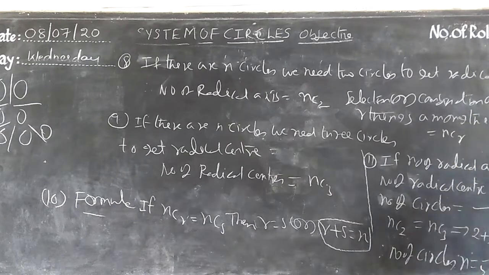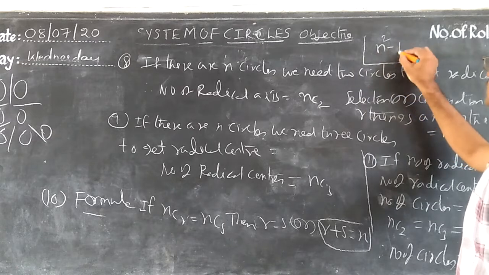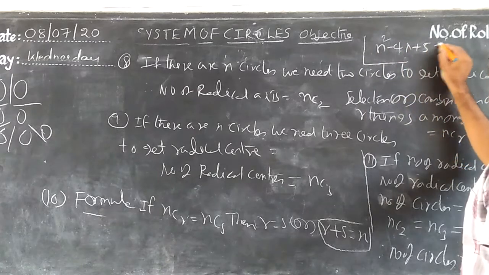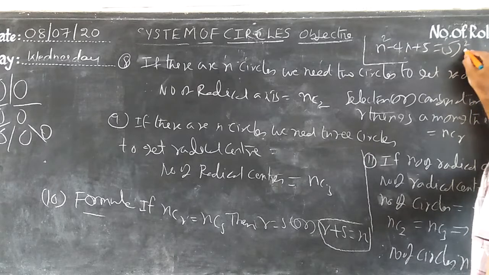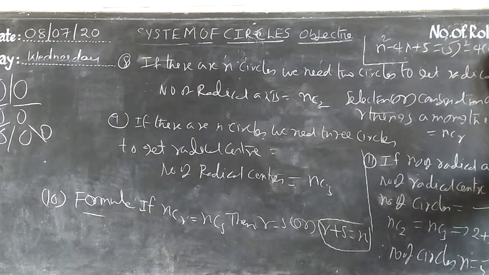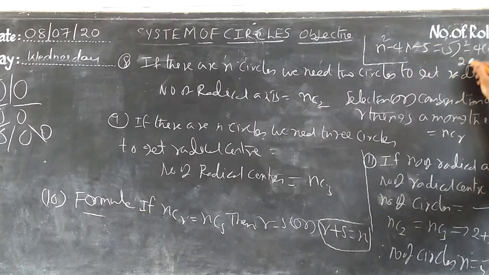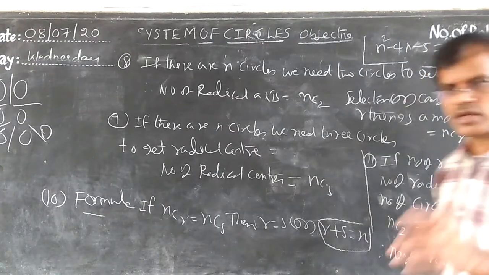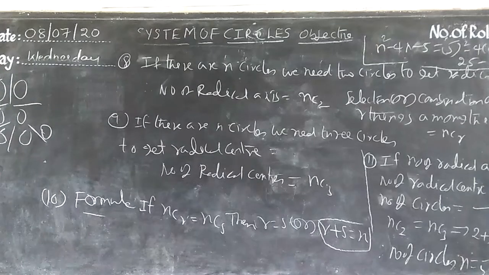Maybe in our material a question with n square minus 4n plus 5 is there. What is n square here? 5 square. 5 square minus 4 into 5 plus 5, that is 25 minus 20 plus 5. The answer is 10 and a bit is there in level 1. I think you remember it, so do the level 1 question.